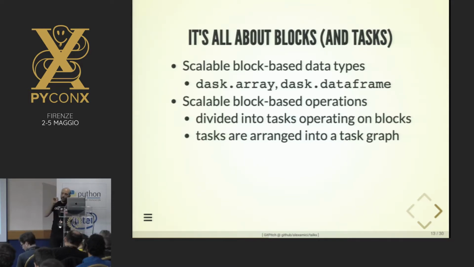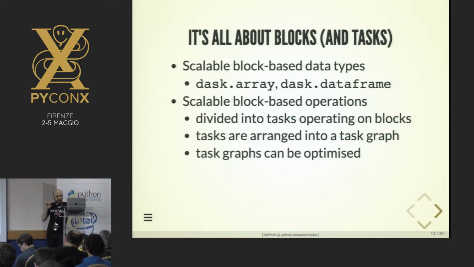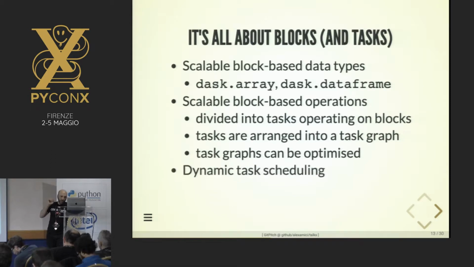And Dask also provides optimization for the task graph and dynamic task scheduling. So blocks, a map of what needs to be done with these blocks,